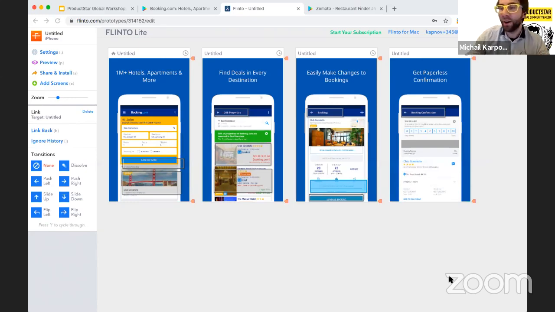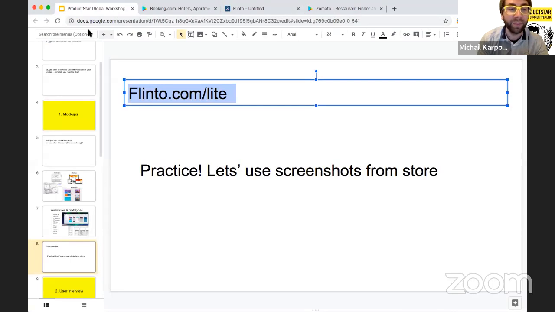Yeah. Okay, nice. So it was the first part of our workshop, and I hope you love this small trick with Flinty Light. Yeah. Let's come back to our deck, and